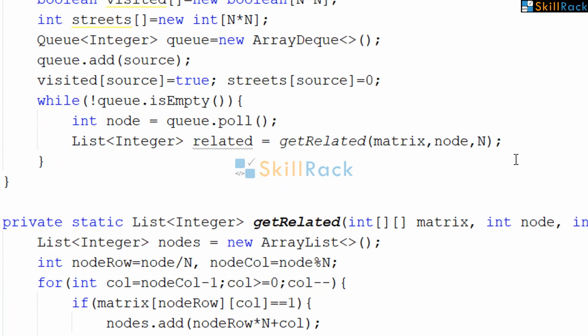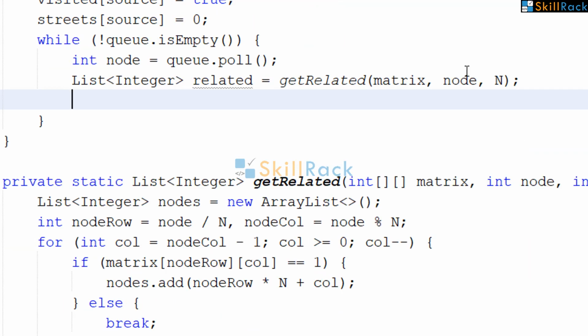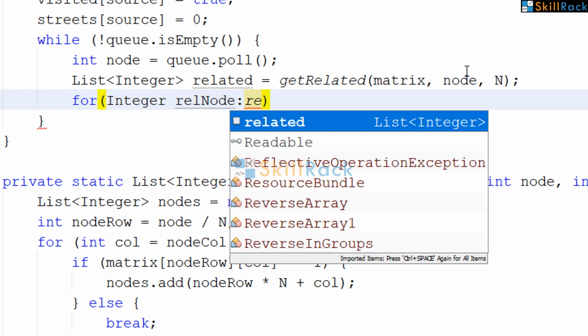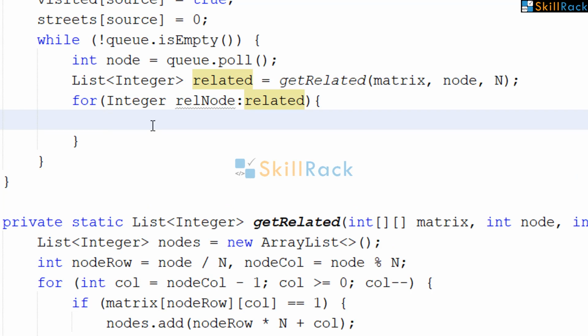So now we come to this particular part, that is inside the while loop, where we are retrieving the element from the queue and processing it. So now we are going to iterate over the related nodes. We process these related nodes only if they have not been visited already.